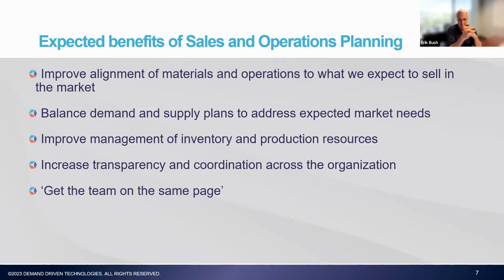It was really there to try to bring the organization together around what the MRP plan was going to look like, and what our master production schedule was going to look like. Obviously trying to balance supply and demand, get those things in better synchronization, help us improve the management of our inventory and production resources, and bring better transparency and coordination across the organization. I think this last bullet, getting everyone on the same page, was very much at the heart of it. Let's get the organization aligned, because if we do that, we are going to be in better shape. It's not going to be like the left and the right hand don't know what each other are doing.